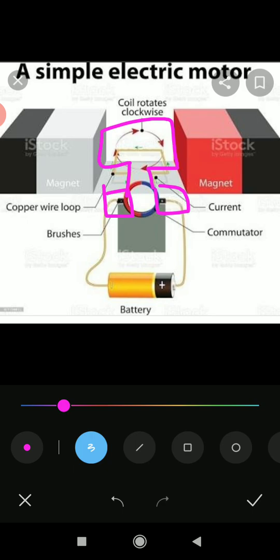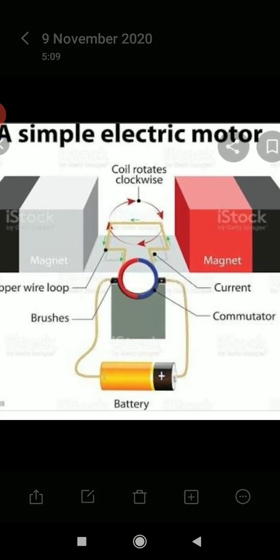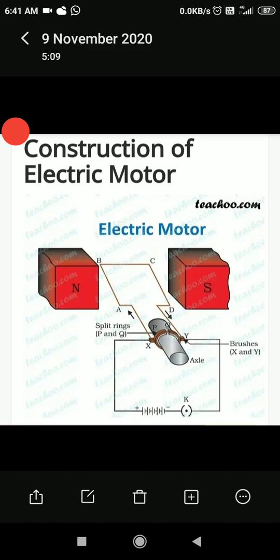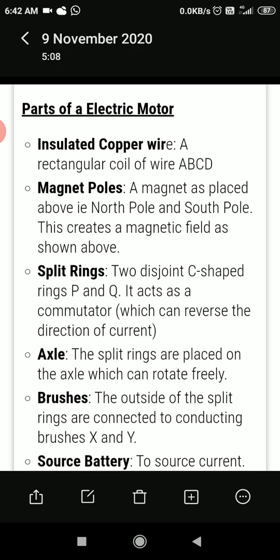This loop is basically a copper wire loop. This is the conducting wire. Now you can see another picture also. Here also the magnetic field is applied. Here the split rings, or the commutator, are there, and here the rectangular coil is kept in the magnetic field.